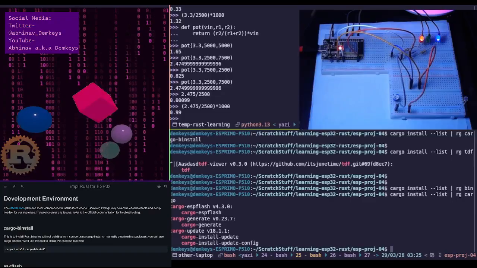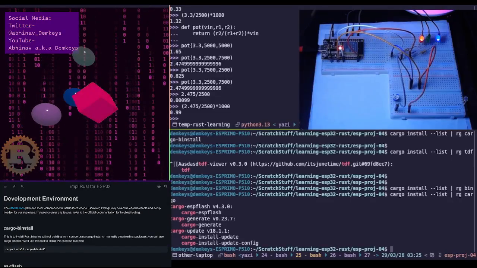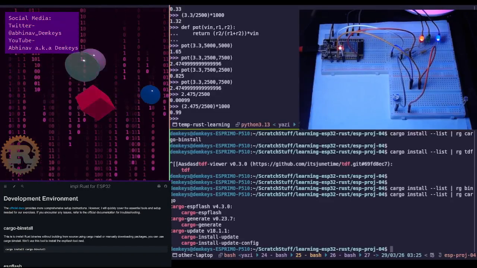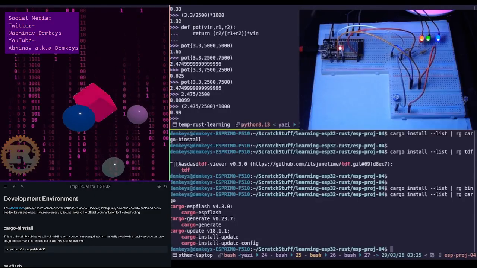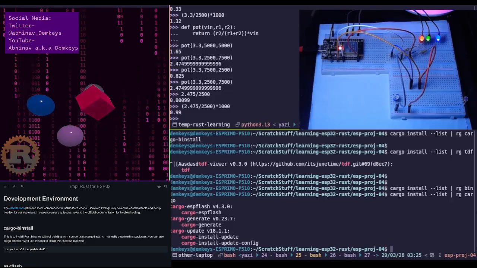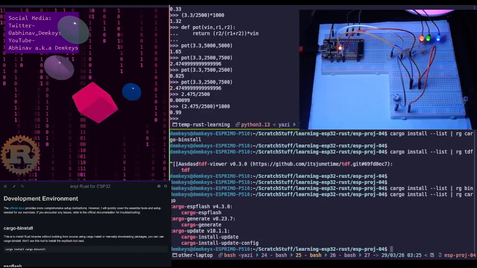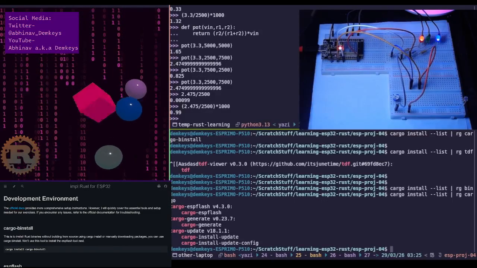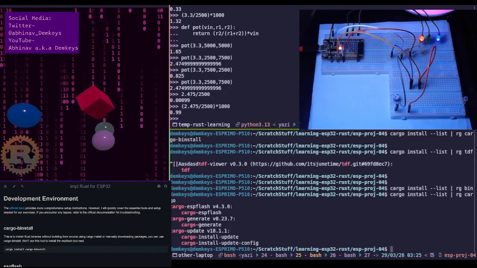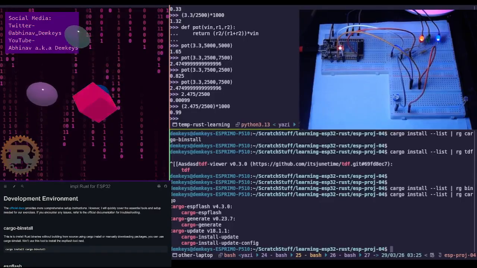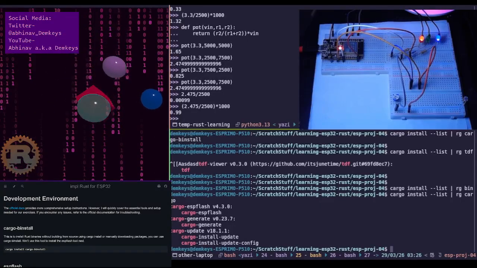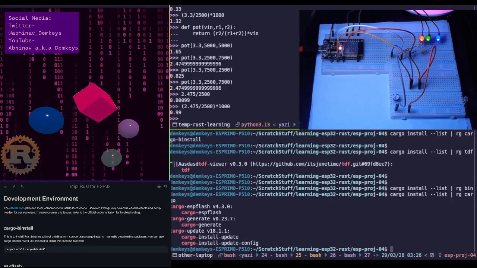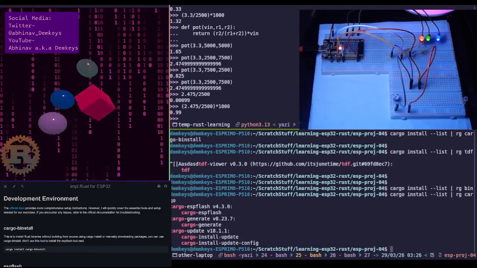One of the main appealing factors for me was the price. It was incredibly cheap, so cheap that it could be considered half the price of an ESP32, or maybe two-thirds the price of an ESP32. And that's great, that's amazing. I don't mind if it's a low power device,